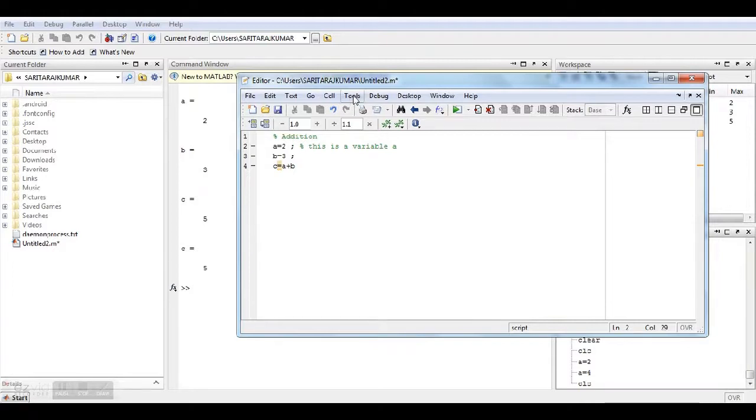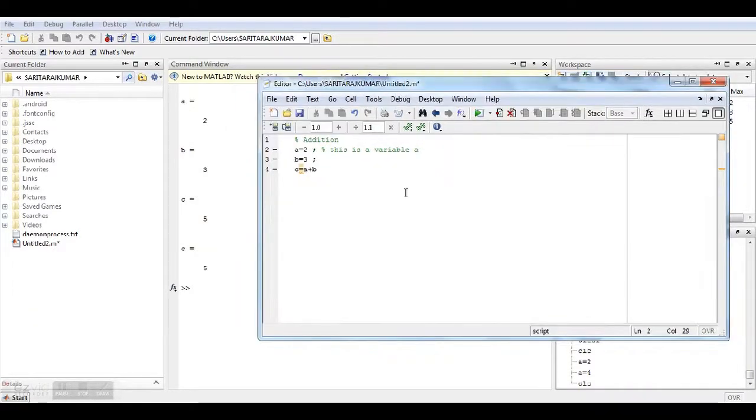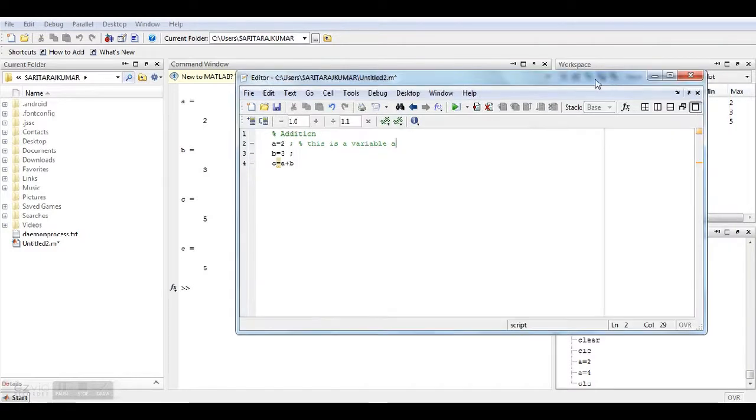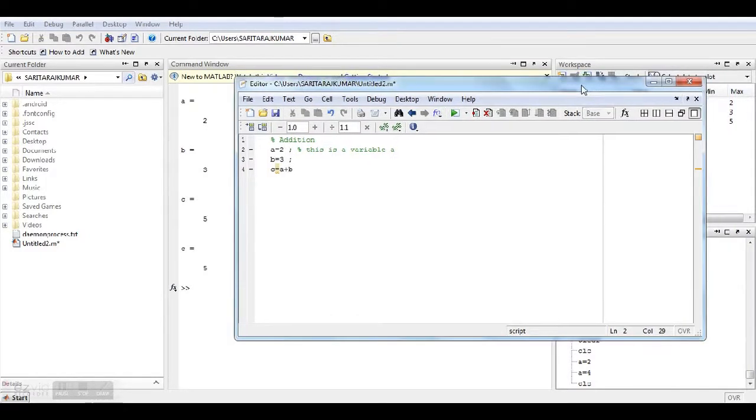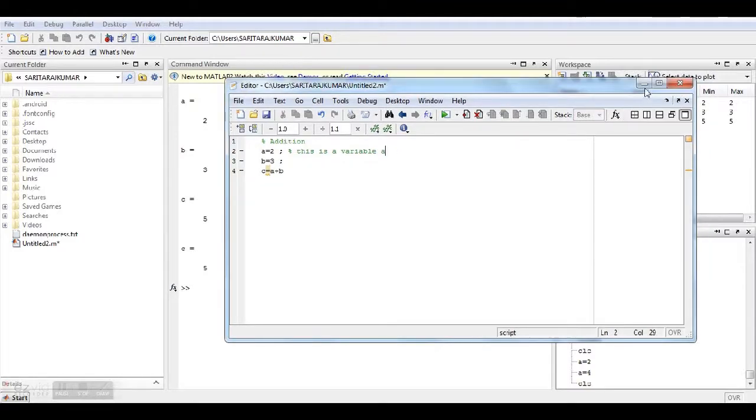Every program can be written in the MATLAB editor, and that will be useful for debugging, and if you want to change the steps afterwards, if the program is not running, we can easily debug it. It is better to write the program completely in the editor compared to writing in the command window. So these are some basics when you are going into MATLAB programming, because all these things come into MATLAB programming.